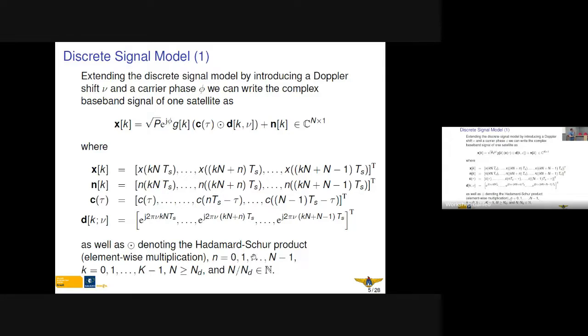Again, we assume n runs from 0 to N minus 1, k runs from 0 to K minus 1. So capital K is the number of periods that we are going to consider, and then there are N samples usually per period, and N_d is the number of chips. So we assume we have more samples than chips, maybe 2, 3 samples per chip. And we also have an integer number of samples per chip